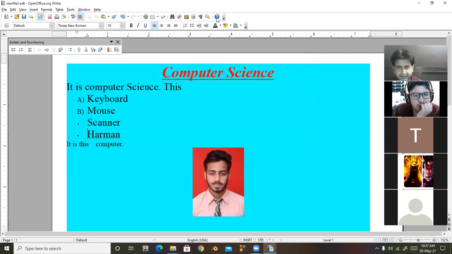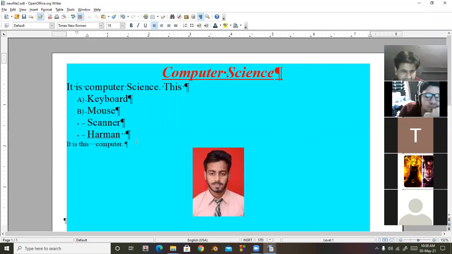Next, in your documents there are some characters that are not in printable format. These are called non-printing characters. You press the enter key, it is not visible. Whenever you get the printout, these characters will not be displayed there, but these characters are in your document. In your standard toolbar there is one button, non-printing characters. It will show where you have pressed the enter key, where you have pressed the tab key.